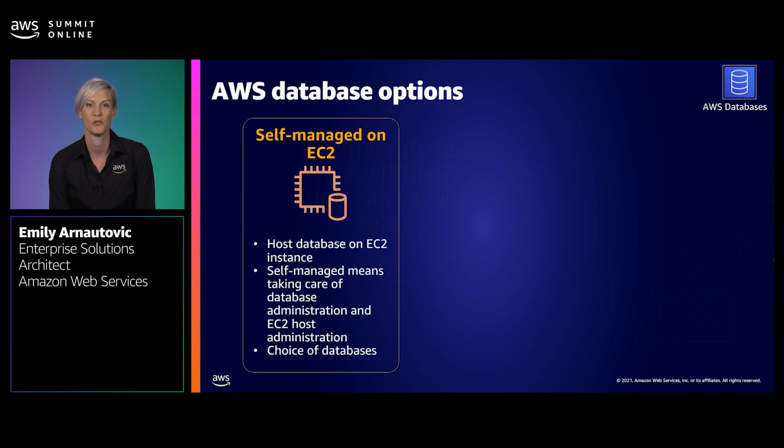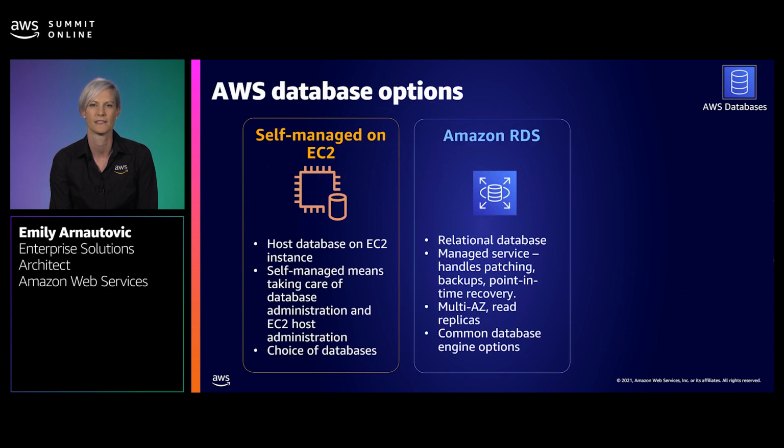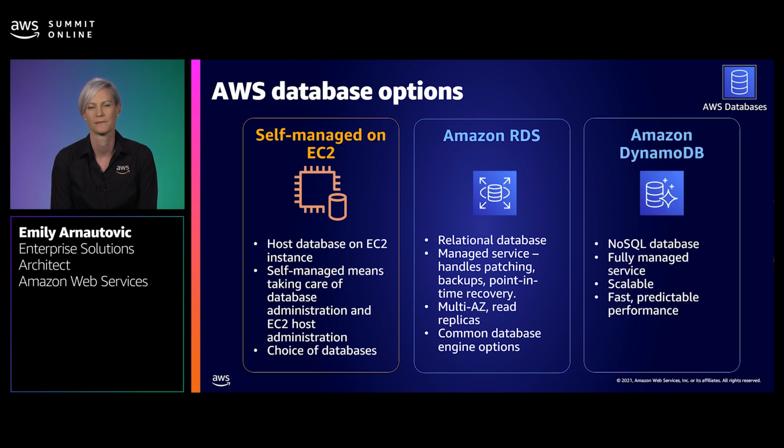If that sounds like heavy lifting that you would rather avoid and you need a relational database like Postgres, MySQL, Oracle, or Microsoft SQL Server, then you should look into Amazon RDS. If your app needs a NoSQL database and the idea of scaling your database to manage 1 million stock items for your web store keeps you up at night, you should definitely check out Amazon DynamoDB. Both of these services are managed database services. Using a managed service helps you cut down on heavy lifting required in building, running, and constantly patching and upgrading the database software, as well as that underlying server instance. You can also more readily scale the compute resources or the storage capacity.